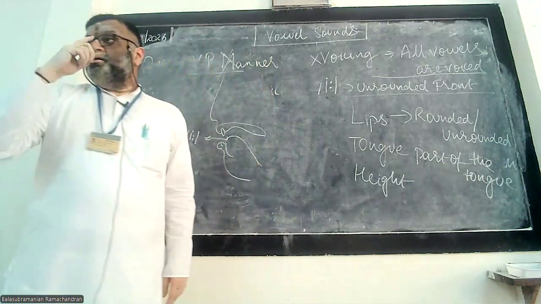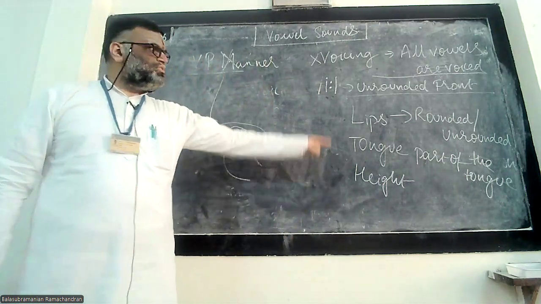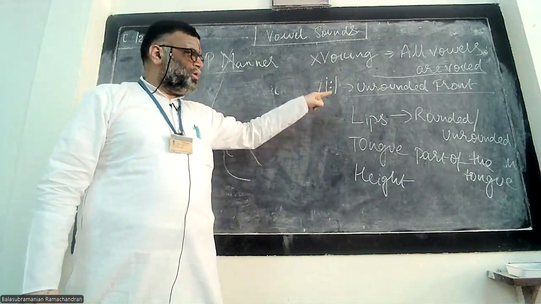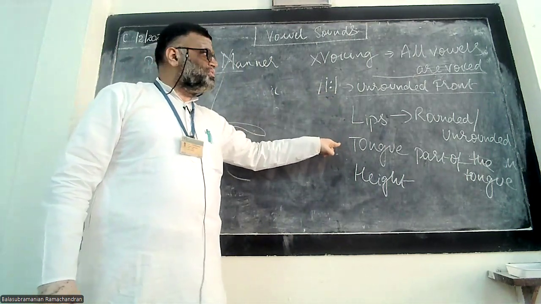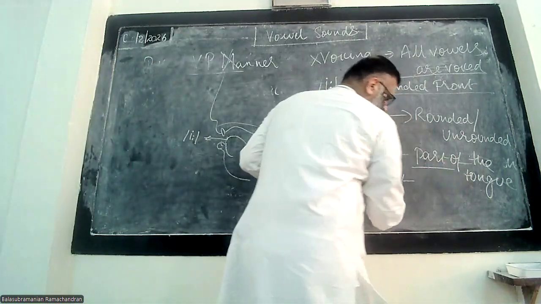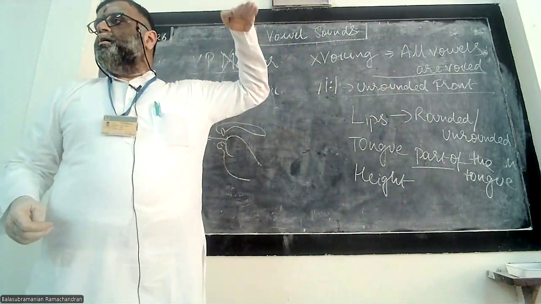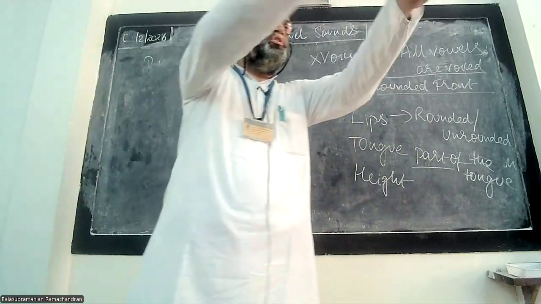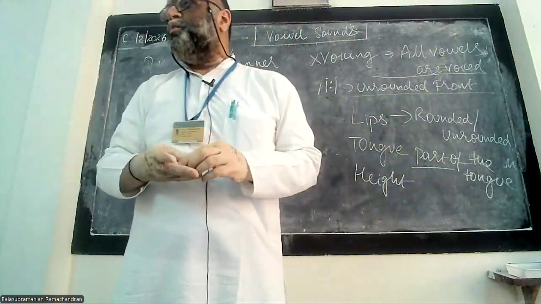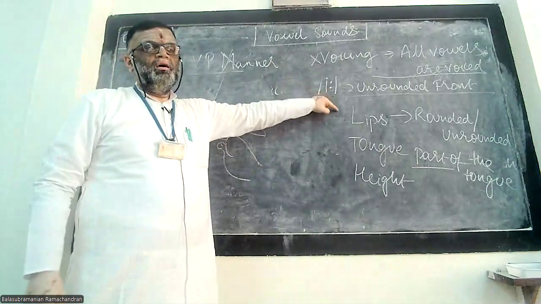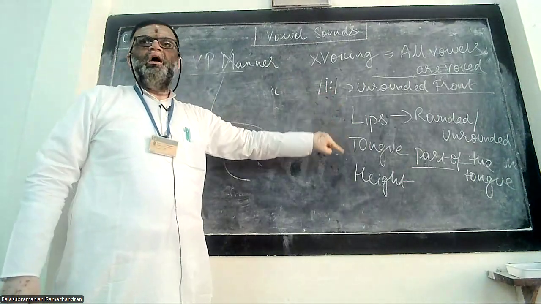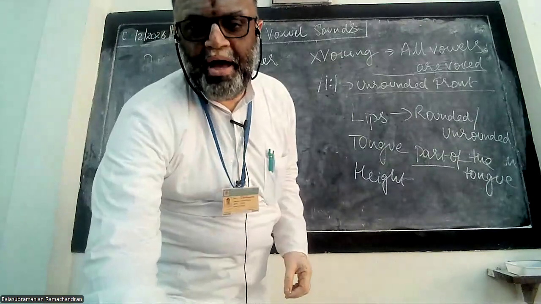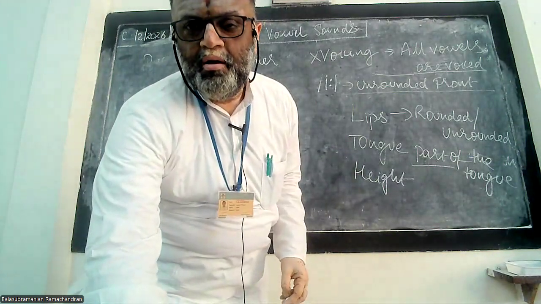We'll talk about this height later. So the three labels are rounded or unrounded, front, back, or center, the part of the tongue, and the height to which the tongue goes up towards the roof of the mouth. But don't talk about the roof of the mouth; alveolar ridge or anything like that will not be involved. So the three labels are lips, part of the tongue, and height of the tongue. Okay, thanks a lot, people. We'll stop there for today.